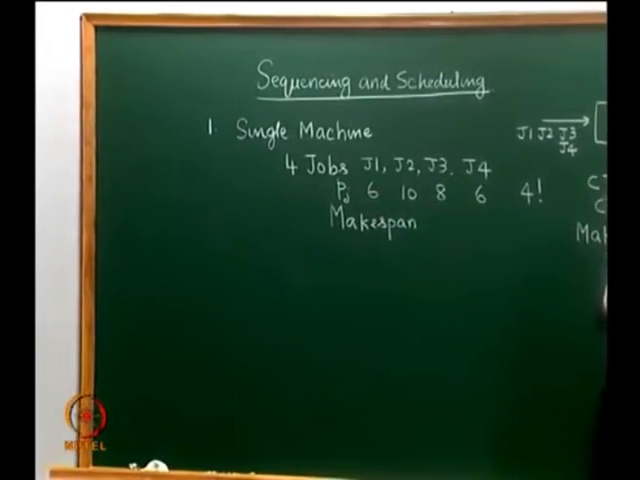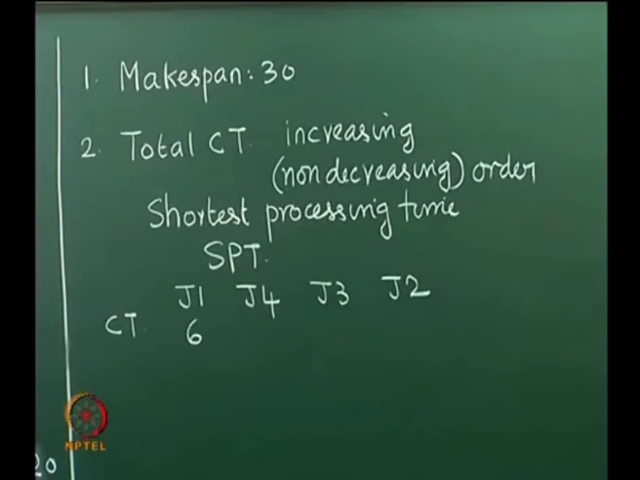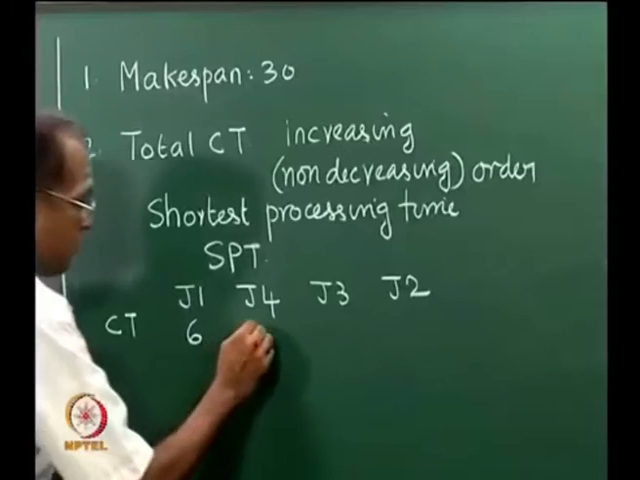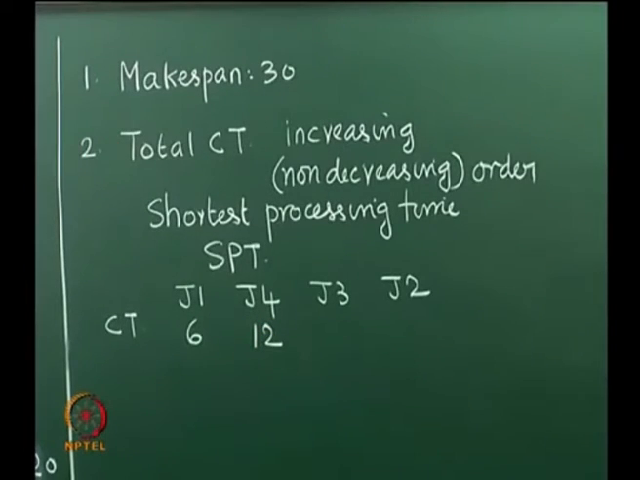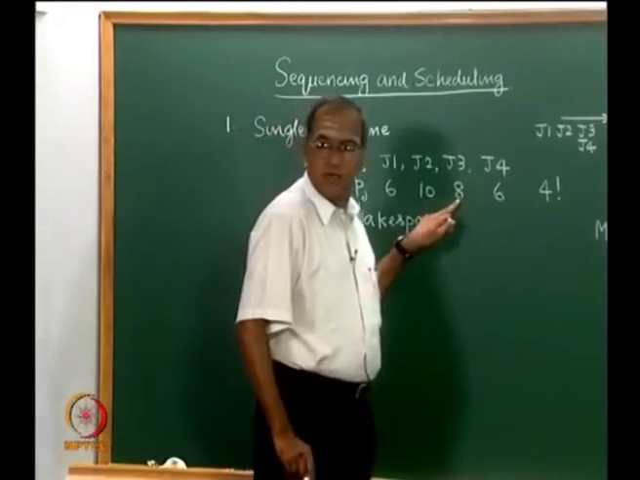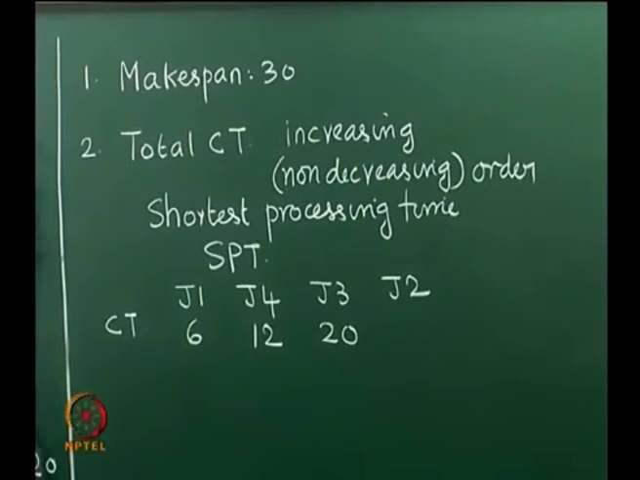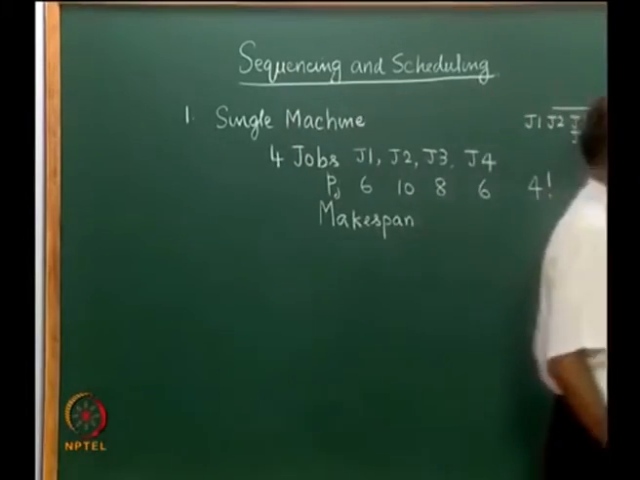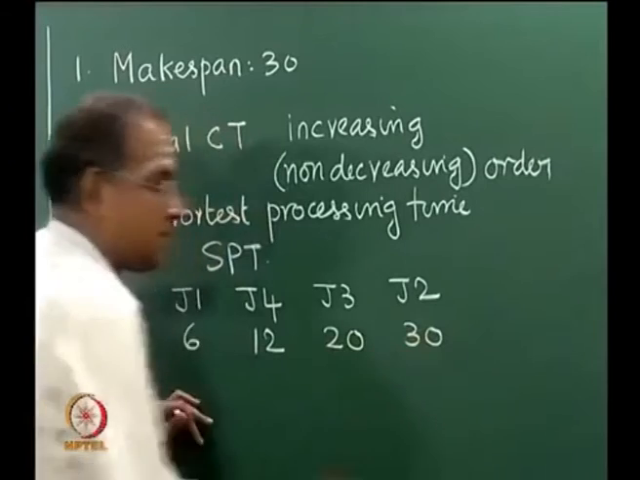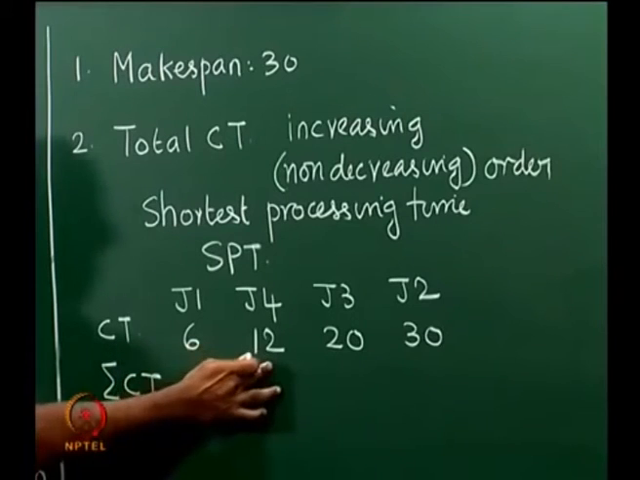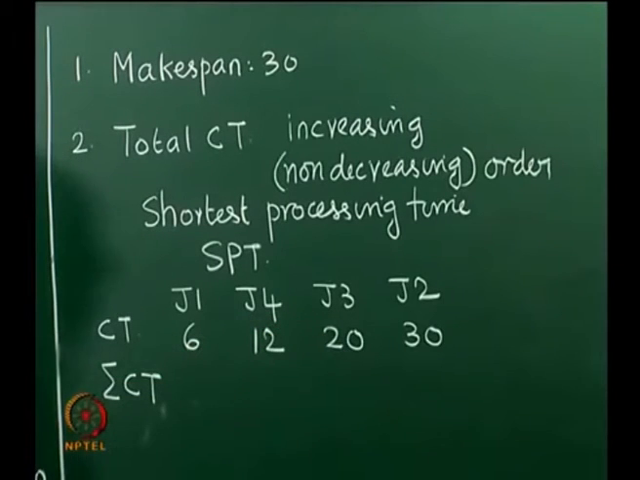J1 has a processing time of 6, so this is complete at time equal to 6. At time equal to 6, the machine takes up J4, takes another 6 units of time, so finishes at 12. At 12 it takes up J3, takes another 8 units of time, finishes at 20, and at 20 it takes up the last job, which is J2, which has a processing time of 10, and this will finish at time equal to 30. Now the sum of completion times is 6 plus 12 is 18, 18 plus 20 is 38, 38 plus 30 is 68,